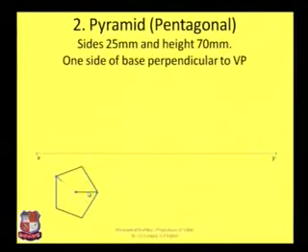This is slant edges, and from this midpoint draw an axis of this solid. Here after drawing this axis, height is given. The height is 70 mm. So from this XY line, mark a point which is at a distance of 70 mm from the XY line. So this height is 70 mm, that is XY line. 25 mm is the side length, height is 70 mm. This is side length 25 mm.